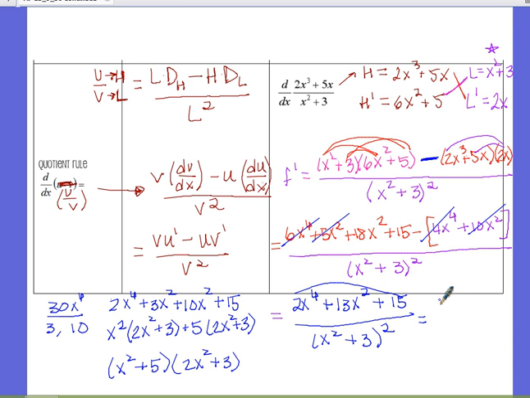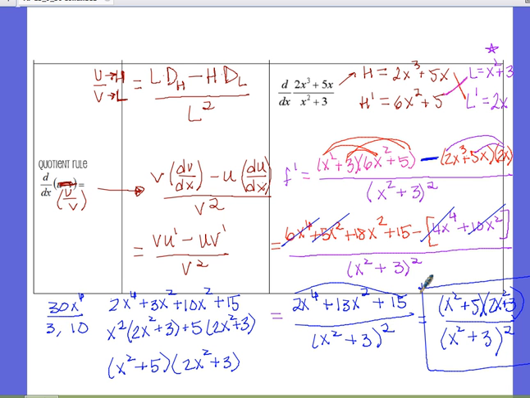And so my final answer for the derivative, x squared plus 5, 2x squared plus 3, sorry guys, all over x squared plus 3 squared, and then nothing else will factor, nothing else will simplify, so that would be my final answer for the product